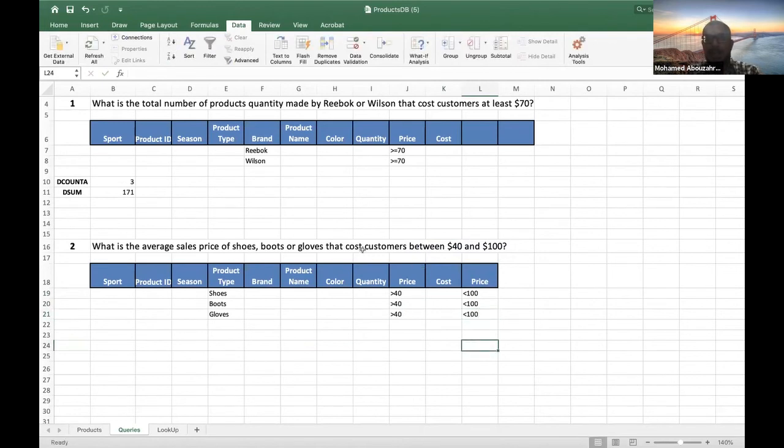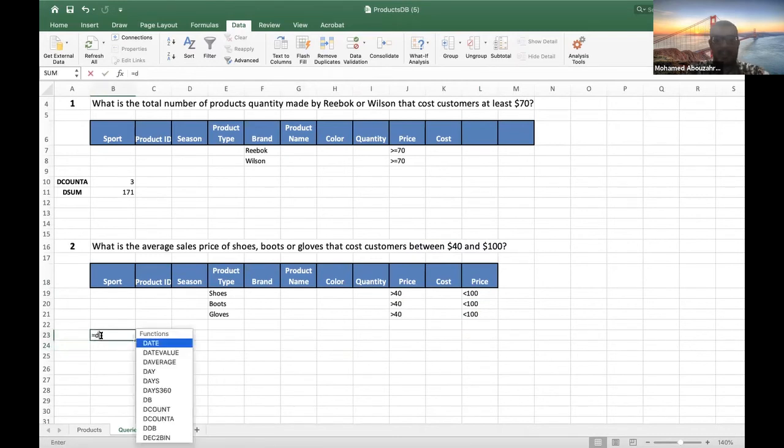Another thing, this question, some of you may be confused and use the cost instead of price. Again, you get your full mark, right? If the question is confusing, then I will not penalize you for that. Don't worry. Now we want the average sales price, so equals the average,